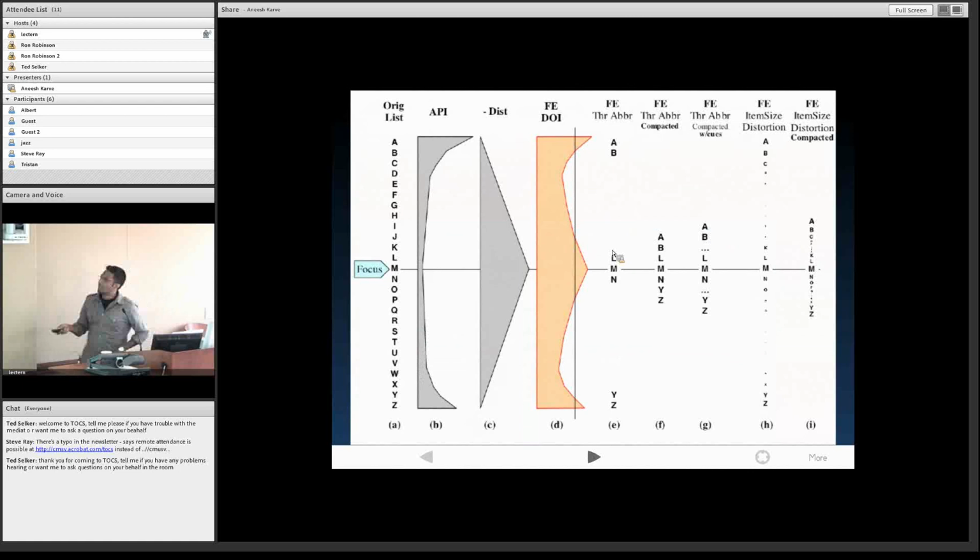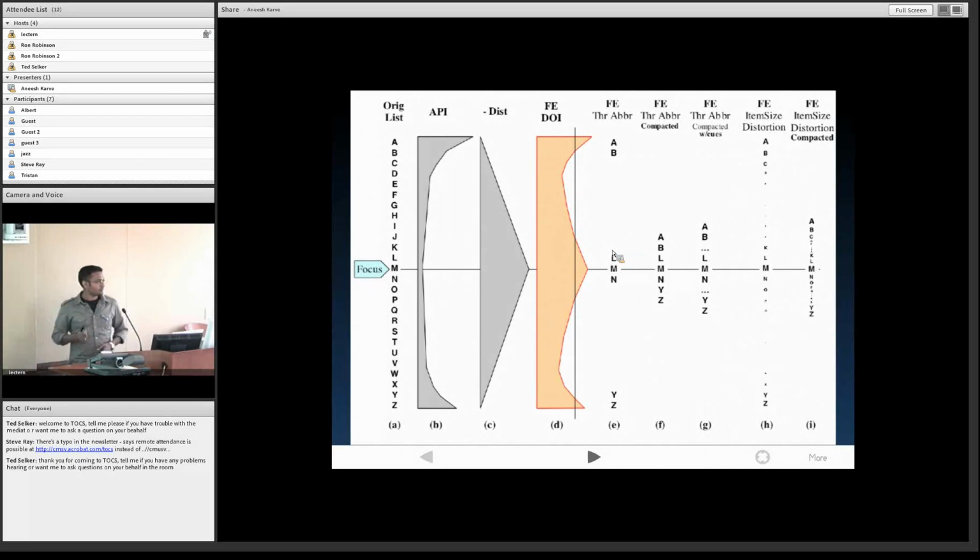And here's a quick example. I just want you to focus on the first three pieces there. First, we have some kind of ranking of the a priori importance of all the elements, and you'll see that A and Z are the most important letters, with a decay function as we go towards the center of the alphabet. The focus, however, here is towards the middle. The next thing that we plot is the inverse distance, because what you expect is that as your distance increases from the focus, things are going to become less important. The simple sum of those two things is an example of a fisheye degree of interest function. And then c becomes this cutoff line, which determines which objects you show, and the objects that you show are precisely the objects that fall to the right side of the line.